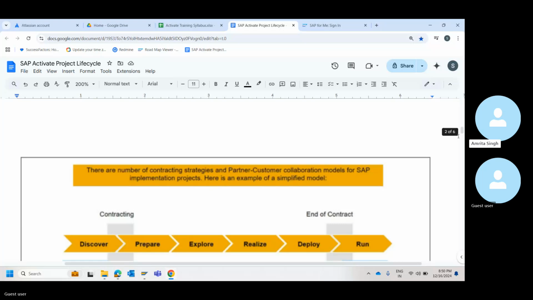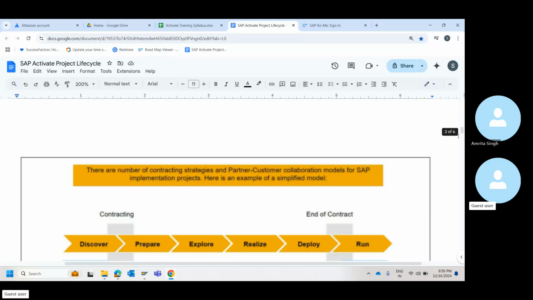If the testing is successful, then we will move this to deploy in the production environment.